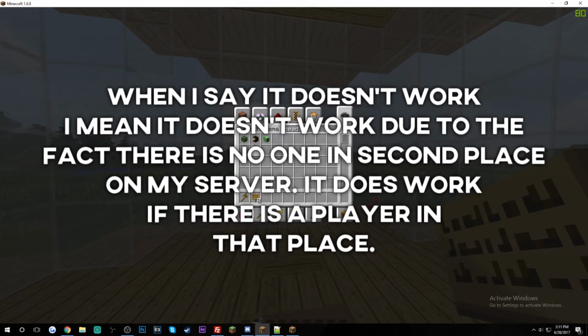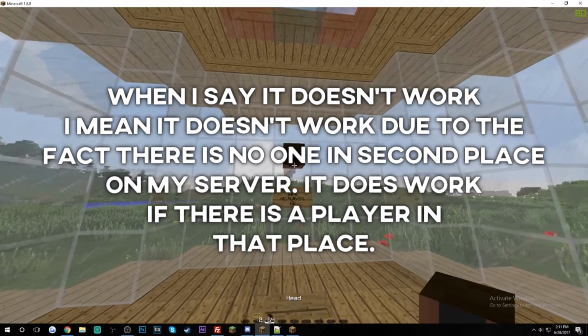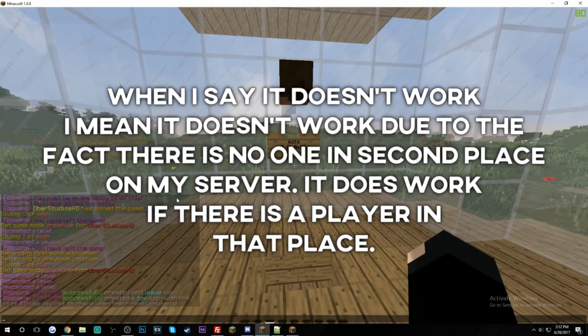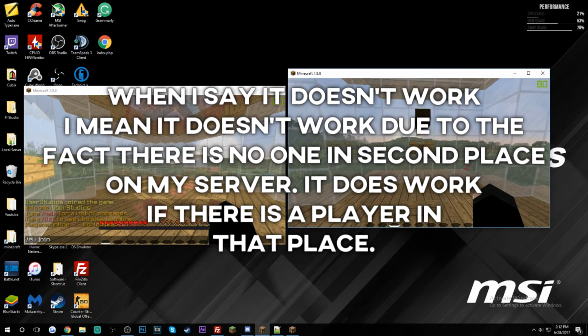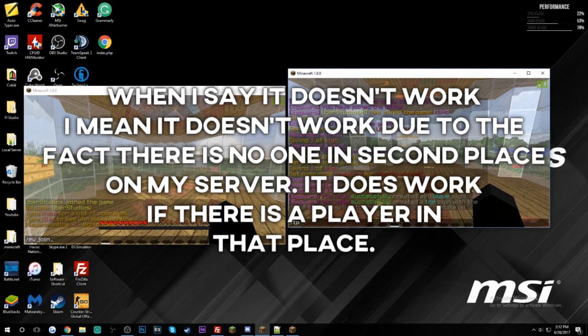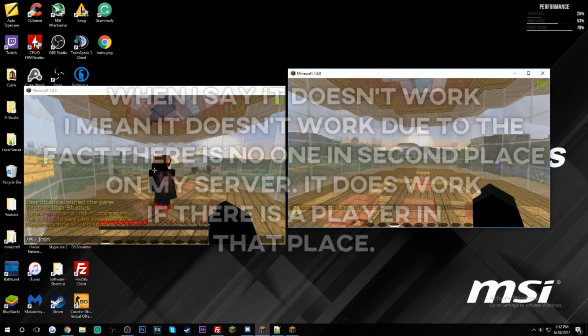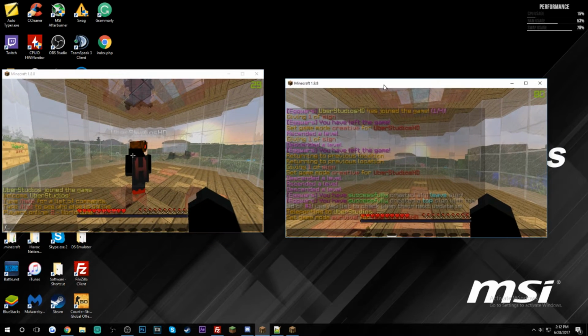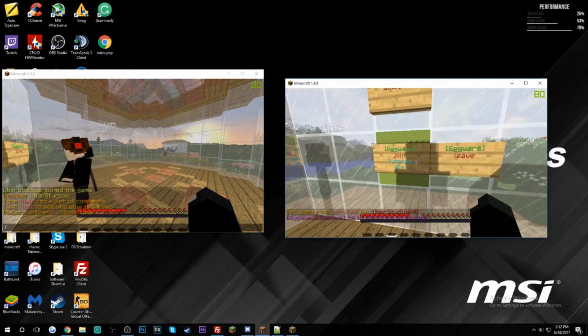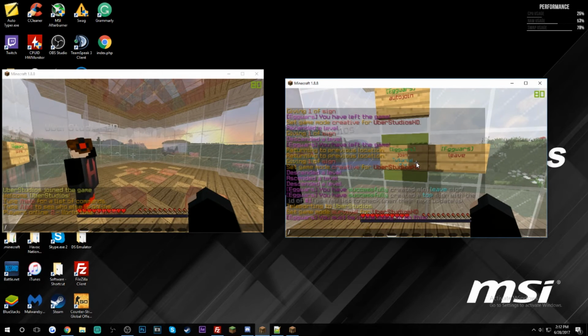But you can add a head, and it will update as you get a person that actually is in second place. So we will actually join the lobby using both my accounts. Sorry if the view is really small. I just want to show both views at the same time, and this is probably the biggest I can get it fitting decently optimized. So we have to do EW